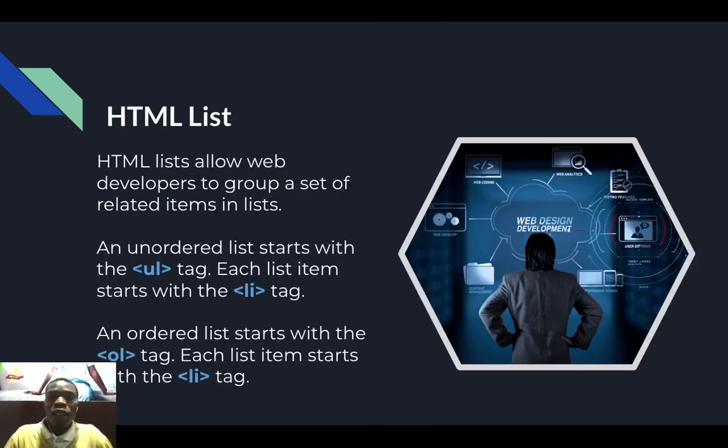Now, what exactly is HTML list about? HTML list allows developers to group a set of related items in lists. Let's say, for example, a list of your favorite places. It can also be a list of certain things that are just common. We use lists in web development for designing something like